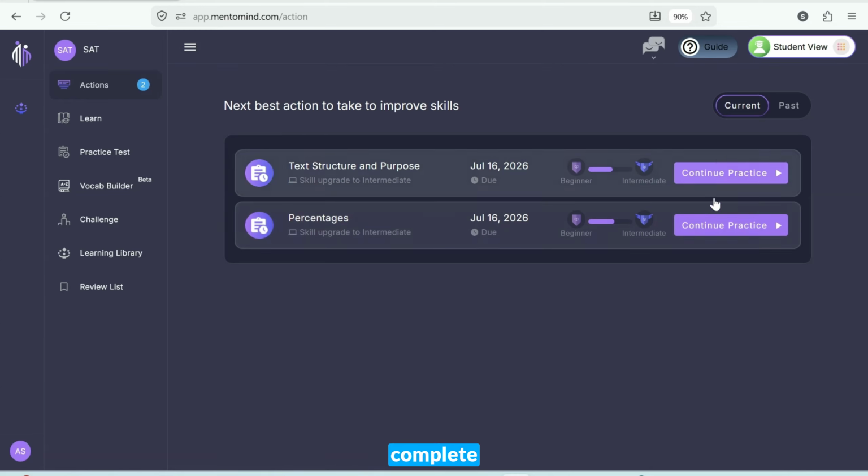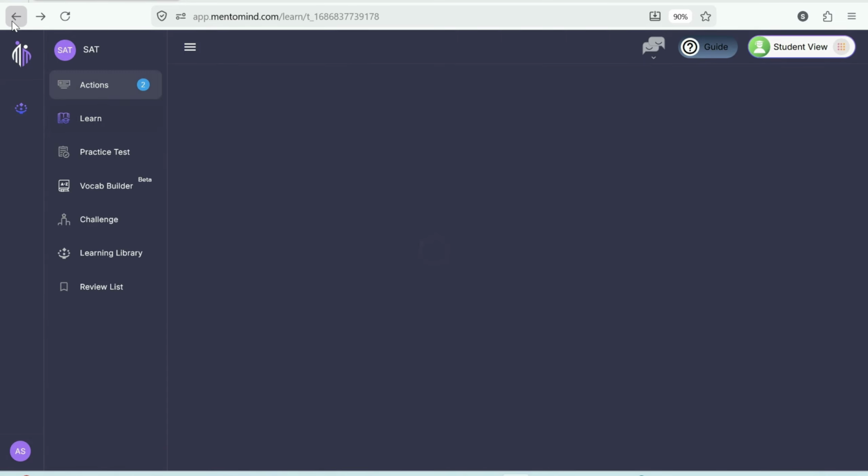Now, once I complete any of these or both of these, the system will automatically give me the next set of items. So that's how it keeps assigning me stuff and I just continue to improve my skills. So if I go back to the report,